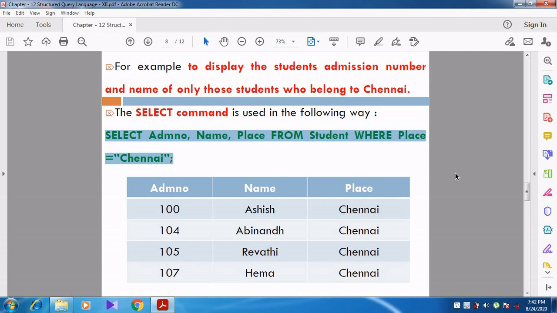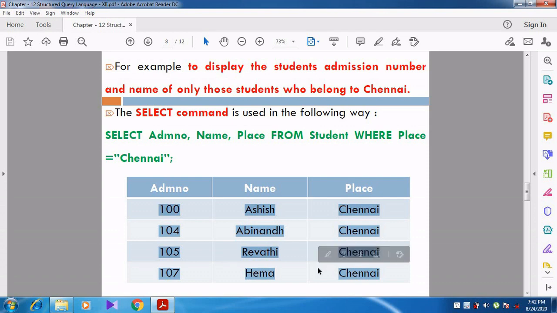Now when we give this command, the output will be displayed as shown below. You can see the students who are coming from Chennai alone are displayed as a table. 100 Ashish Chennai, 104 Abhinand Chennai, 105 Revadi Chennai, 107 Hema Chennai.